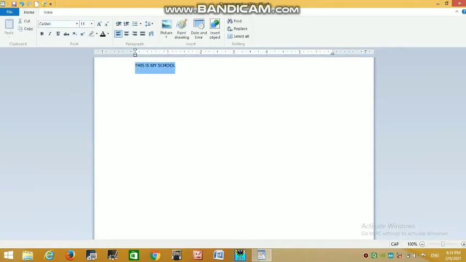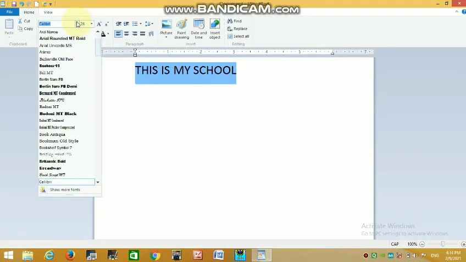Then after that select your text. After selecting, you can format it. See this, with the help of font size, you can increase the font of your document. With the help of font type, you can change the font.